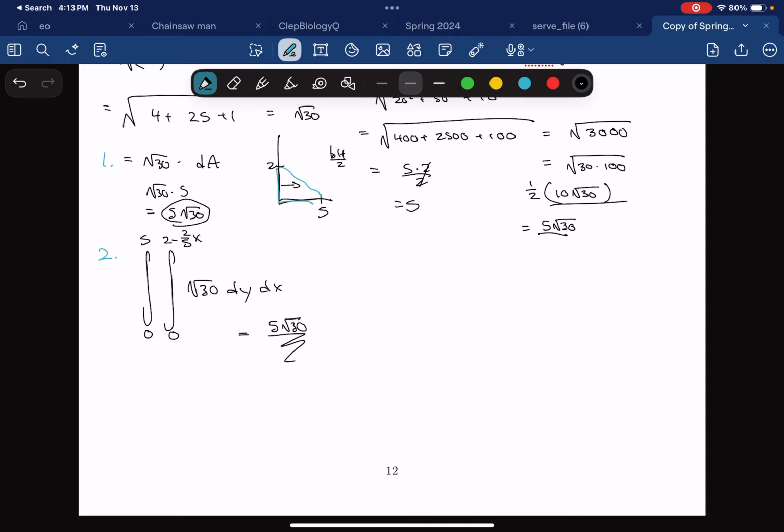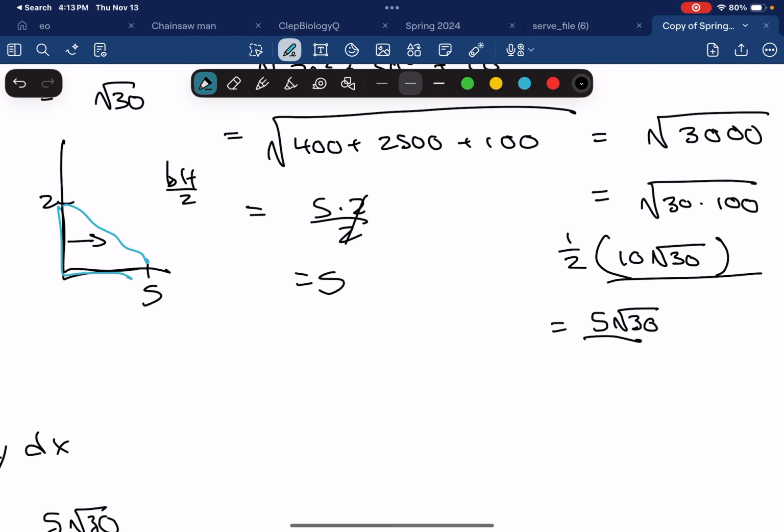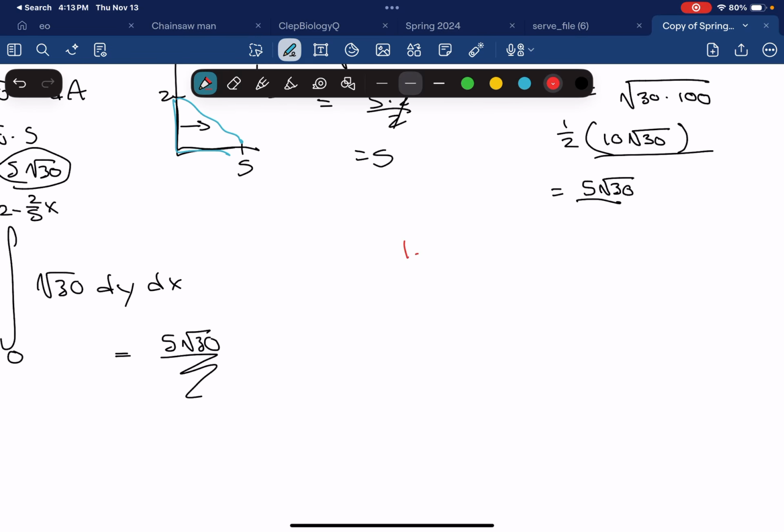So you have three methods here. I'm gonna list them out. Method 1, area of parallelogram, magnitude of the cross product. The second method is surface area